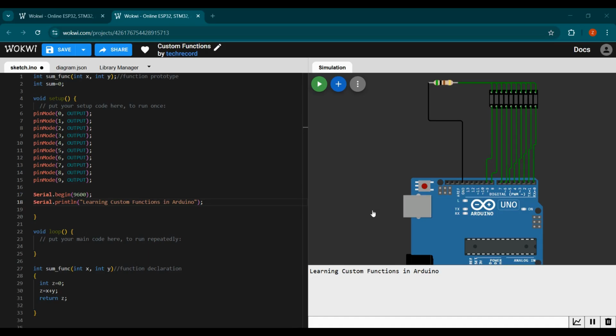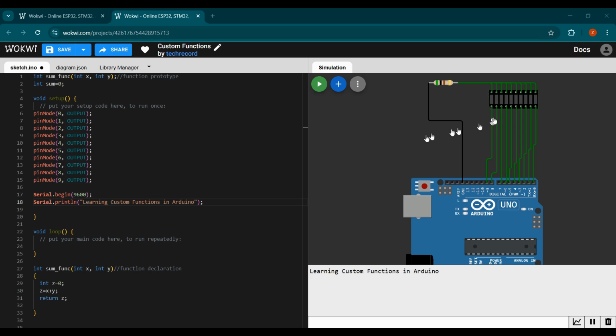Now, dear students, we will try to understand the practical use of functions in real life while designing our embedded system using Arduino. Let's say whatever value we pass to the sum function, the Arduino will turn on the LEDs of this bar graph according to the result of the sum. If the result of the sum function is 5, then the Arduino will turn on 5 LEDs of this bar graph, and if the result is 4, it will turn on 4 LEDs of this bar